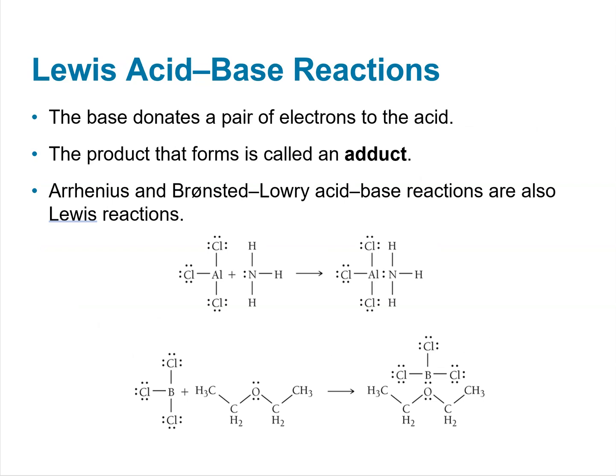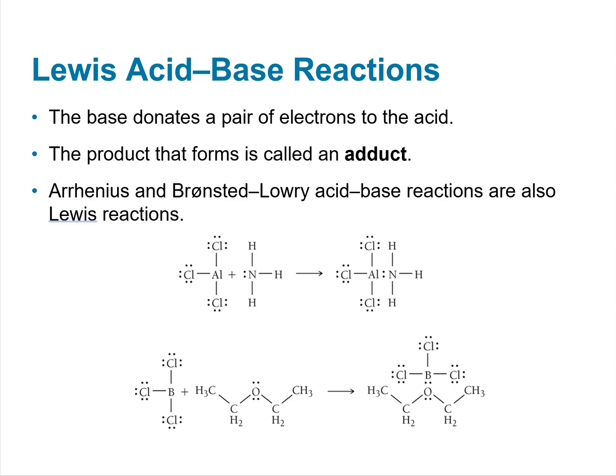So, Lewis acid-base reactions. This takes place through the formation of adducts. We're not going to spend a lot of time looking at it, but this is through the transfer of electrons in the form of an adduct. And please remember, Arrhenius and Brønsted-Lowry acid-base reactions are also inherently Lewis acids and bases. So when we're talking about adducts, this is a great example. We have an aluminum with 3 chlorines bound to it,